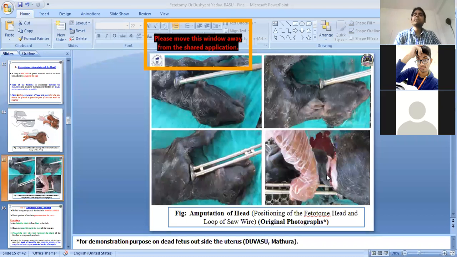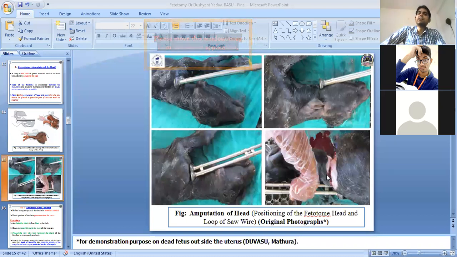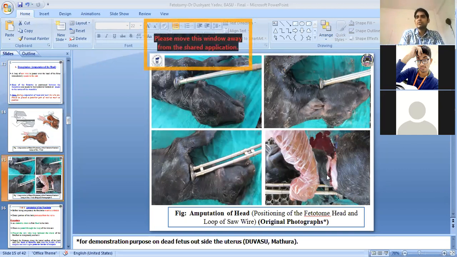No, this is only for the anchoring. Because if the fetus is inside the birth canal or inside the uterus, we should first anchor this wire only. After that, this wire is removed, and we insert this wire below the lower jaw. So automatically the wire is fixed at its position. It is only for anchoring of the fetotome wire and positioning, which leads to the proper positioning of the fetotome head. Okay.